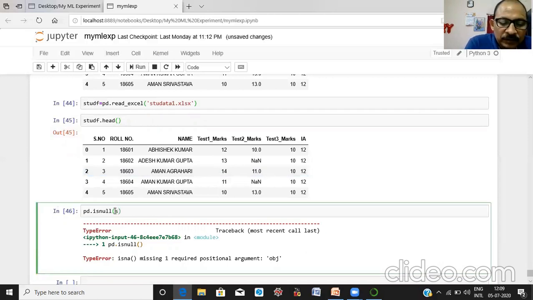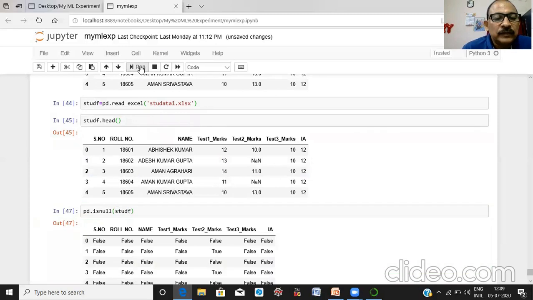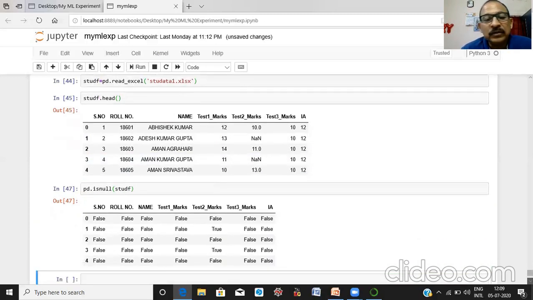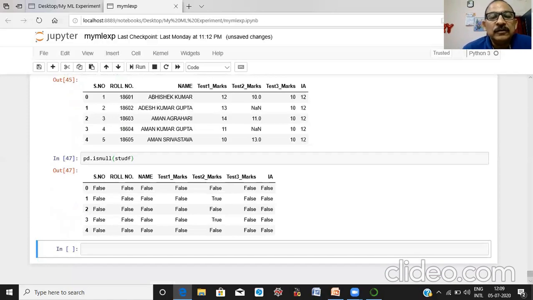Name of the data frame is df. Now you can see. By looking at this table, we can identify the missing values. This is the missing values, and all other entries have the values.